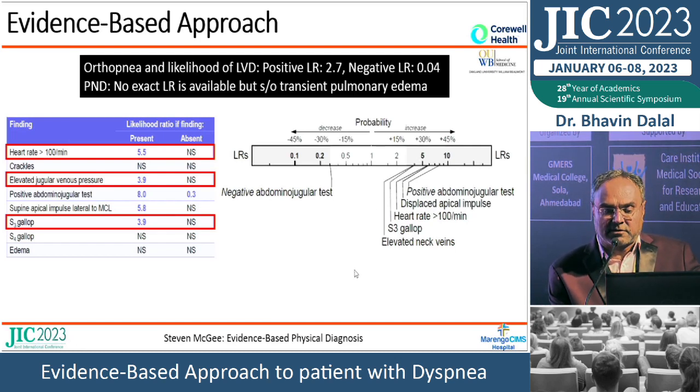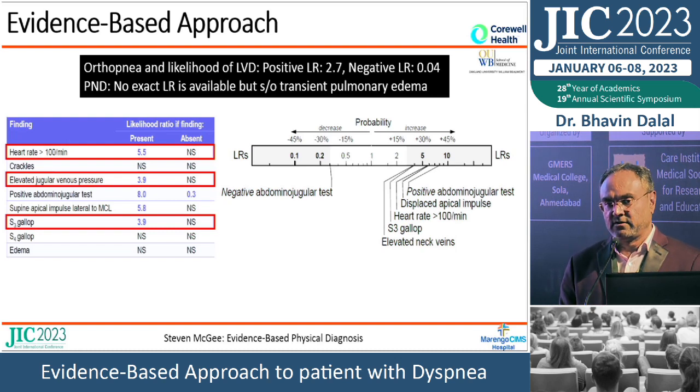For example, if somebody has a positive abdominojugular test, the likelihood ratio is, for example, 6. The probability of that patient having heart failure is 45%. On the axis, the left axis is positive probability, the other is negative probability. For elevated neck veins, the likelihood ratio is probably 4, and the probability of having heart failure is 30%. So imagine if you combine the orthopnea, PND,